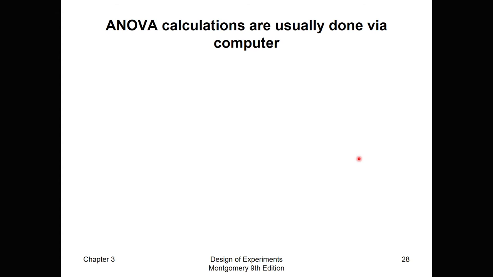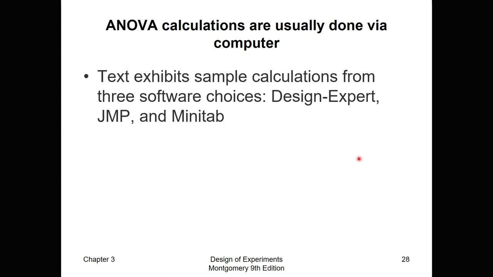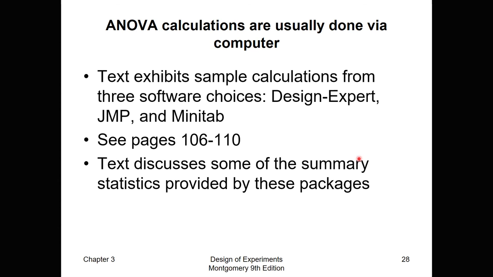All right, so ANOVA calculations are typically done on the computer. We don't do this stuff by hand. In the textbook, there are a couple of different softwares: Design Expert, JMP, and Minitab. Honestly, I've used Minitab. I haven't used the other two, and I haven't used Minitab extensively by any means, but that's what's done in the textbook, and you can look in there more. It discusses some of the different summary statistics that you can look at, and actually this is a good thing. One thing to realize in this course, and with any stats course or really any course, is that when you're actually doing this at work,